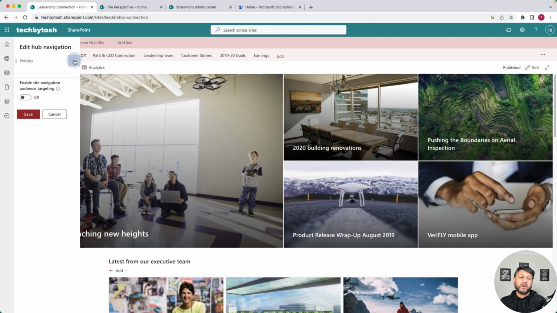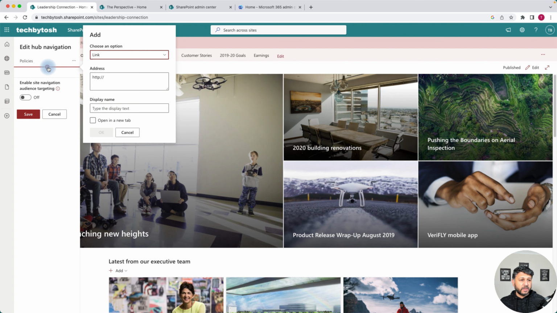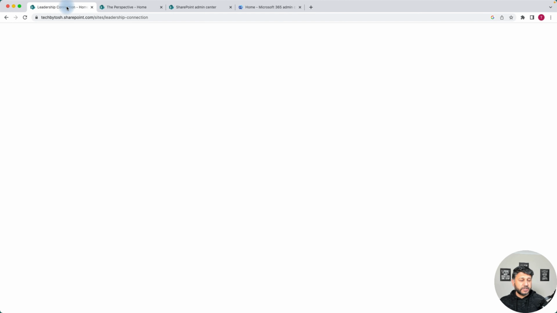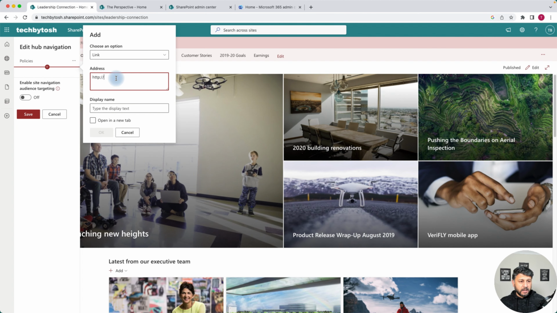We want to add more links as well. So this is a link, which is there, and I want to create a link to, for example, this perspective site, right? So I'll just copy that link and go to the leadership connection site, which is my portal site, and just paste it there. For your SharePoint sites, you don't have to put in the whole URL. You can actually start from the sites as well. So let's just say there, and what's the display name? So it could be the